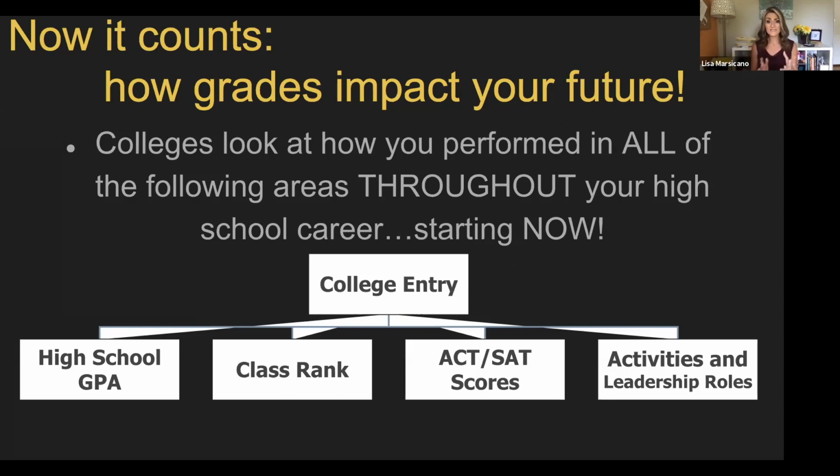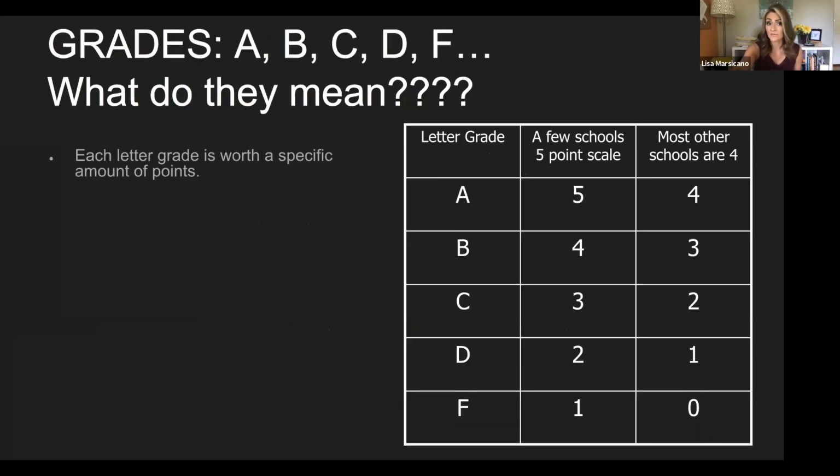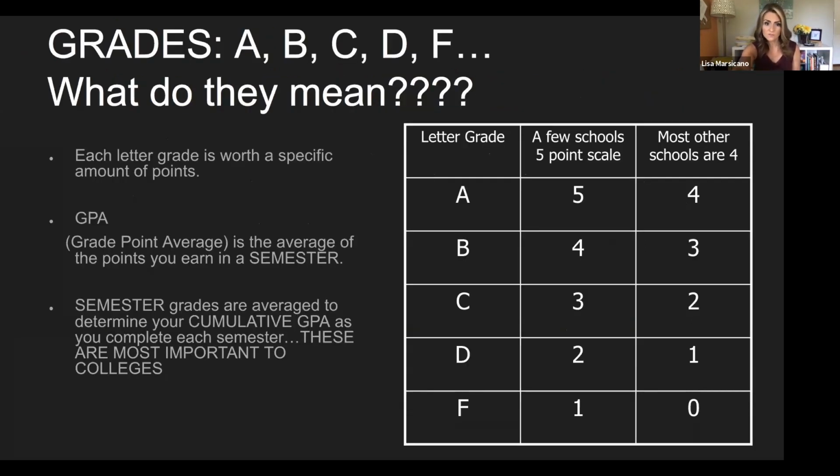So that's kind of why this GPA does matter, because your grade point average will be looked at when you're looking to get into colleges. And so for those of you who don't fully understand, or you're entering into high school and you haven't really had necessarily a GPA before, it's your grade point average. This is determined based on the letter grade that you get. So you can look at your calculations, your percentage scale that we saw, and in most schools on the right-hand side, they follow a 4-point scale. So an A is a 4 point, a B is a 3 points, a C is 2 points, D is 1 point. You don't get anything for an F.